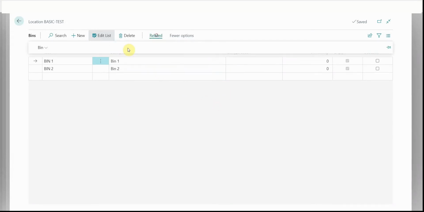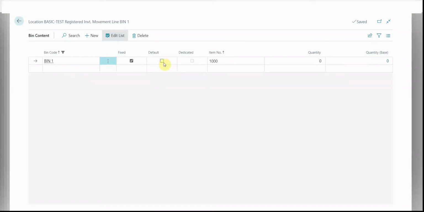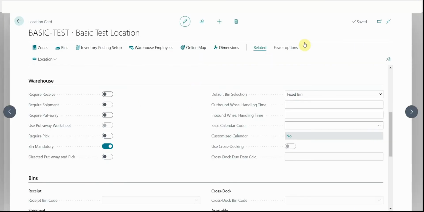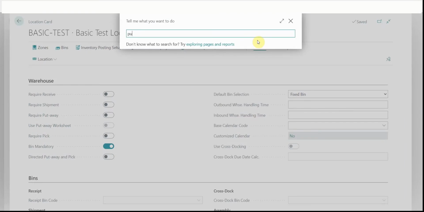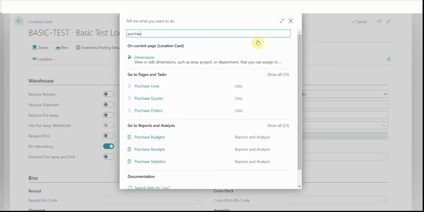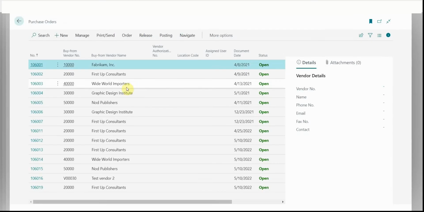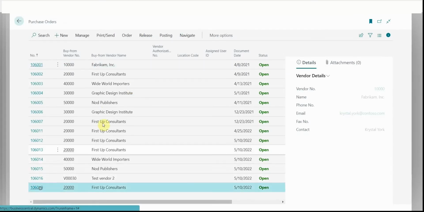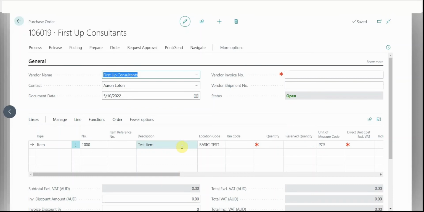On purpose I did that, because we have to select default bin as the default bin for this particular item. Then we can see the default bin for that particular purchase order get populated automatically. Let me delete this line,